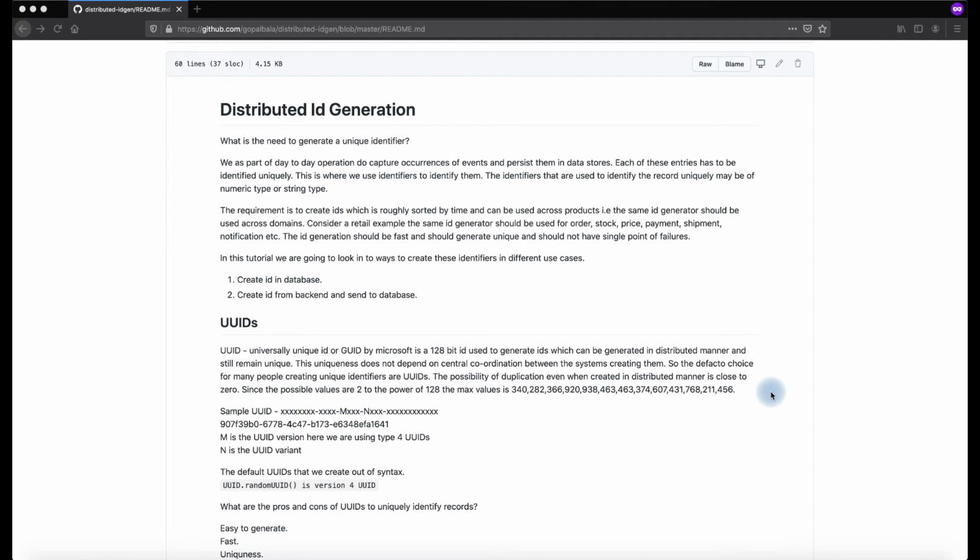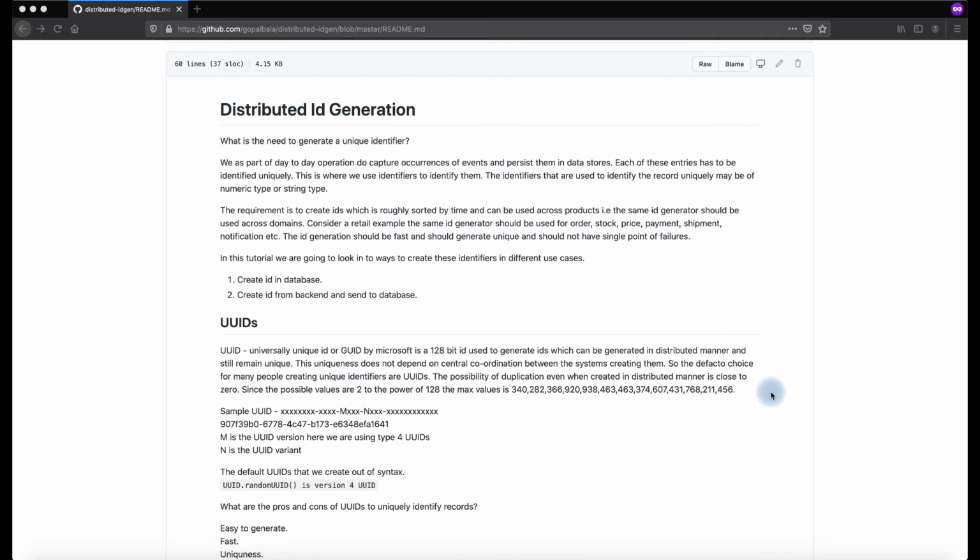Today we are going to look into an important topic called ID generation. So, what is ID generation? Why do we need to think about this problem statement at all in distributed system design? That is what we first have to look into, and then we will jump into what are the possible ways and what are the possible approaches that we can have given a problem statement, and then we will see some sample code on how we generate unique IDs and then close this.